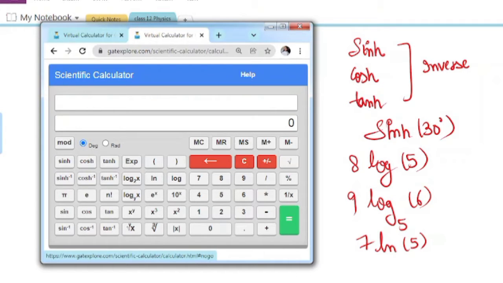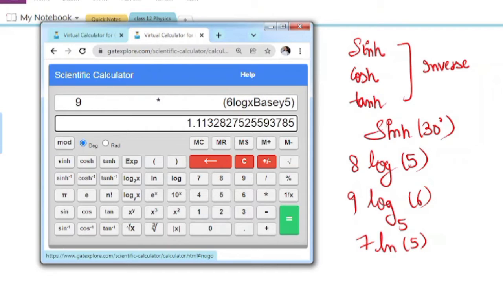So what should you have to do? Put 9, multiply, and take a bracket here, then put the 6 function, and what is the base value? It's 5. Then close this bracket and put your equal sign. You get your correct answer. Okay,